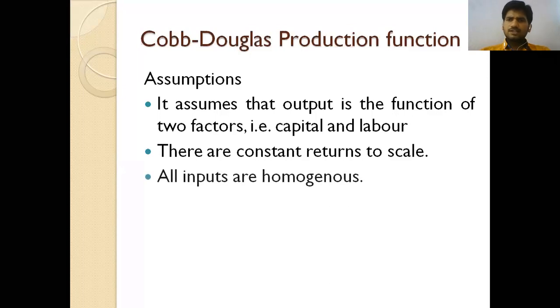So all the inputs are homogeneous. Again, if you are taking one particular product, then what are the inputs we are going to give to that particular organization? Those inputs are again homogeneous. Homogeneous means it's a constant, so there is no change. So all are the same. We will have this homogeneous data type. Homogeneous means similar type, so all the inputs are similar.